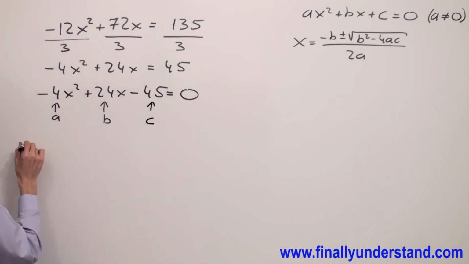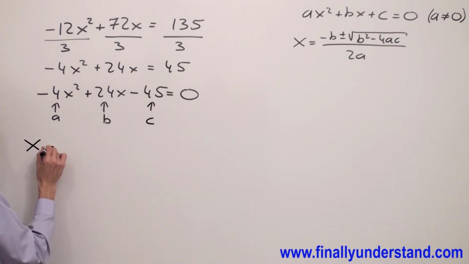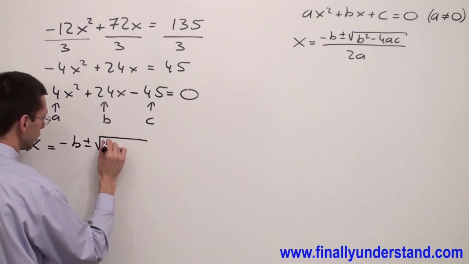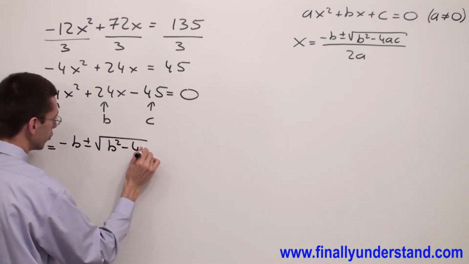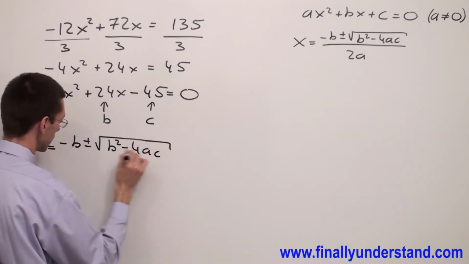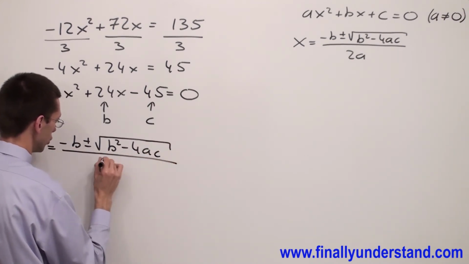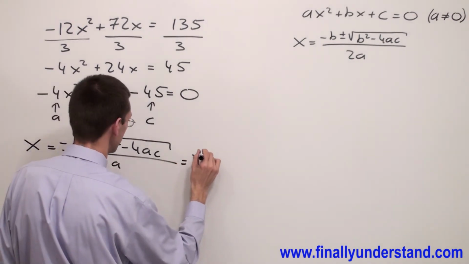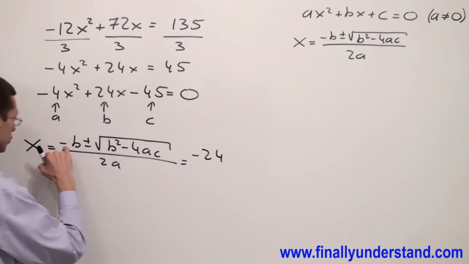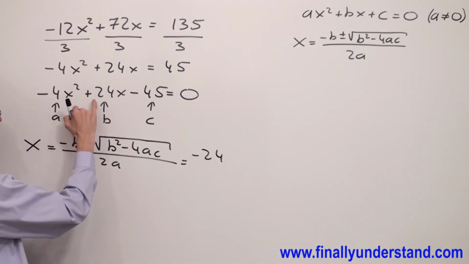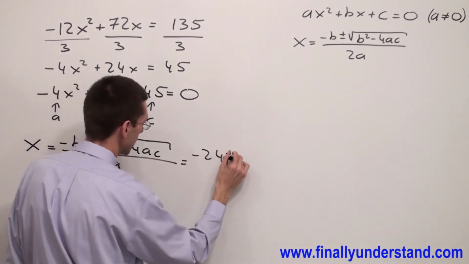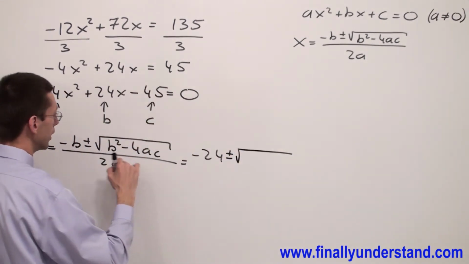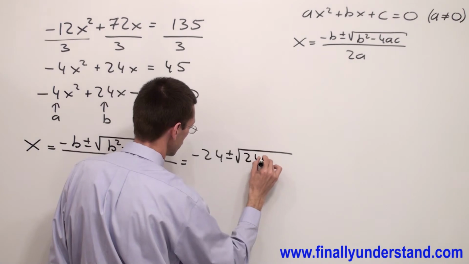Write the quadratic formula first. X is equal to minus B plus or minus the square root of B squared minus 4AC over 2A, which is equal to negative 24. I'm supposed to copy down this negative sign, and B is 24, plus or minus the square root, and I have B squared, so we have 24 to the second power,